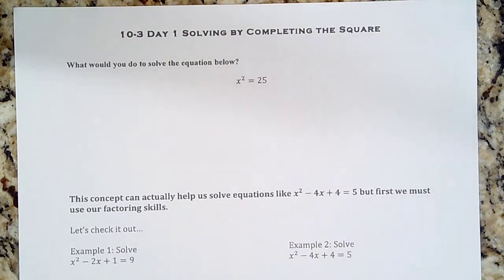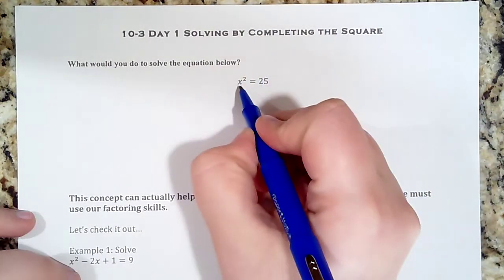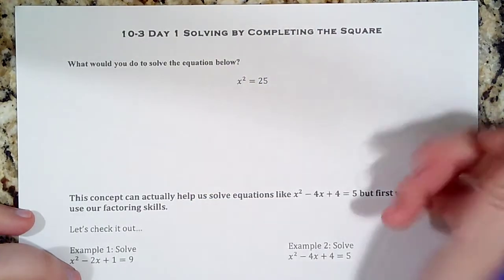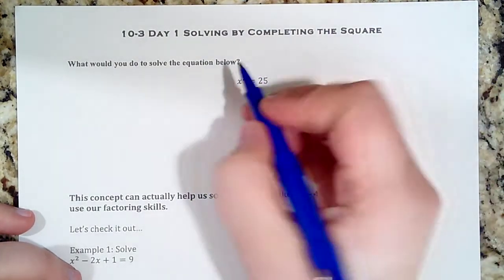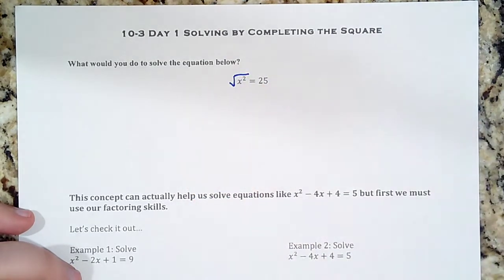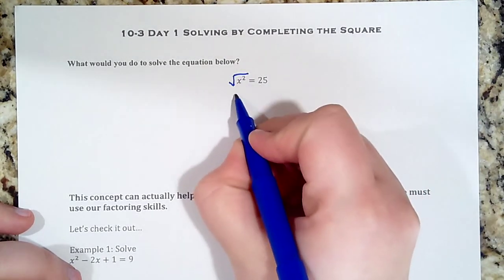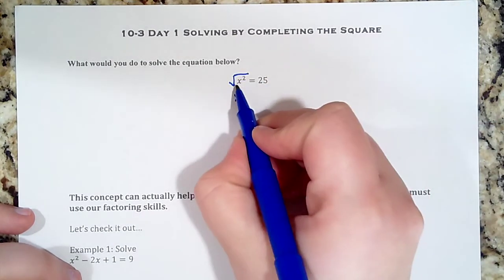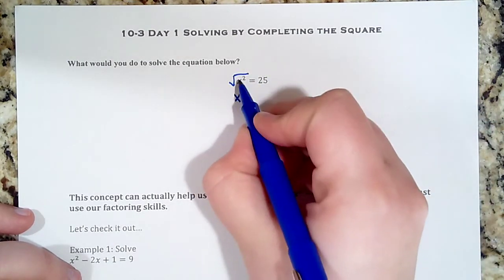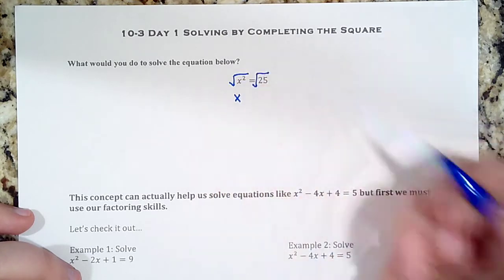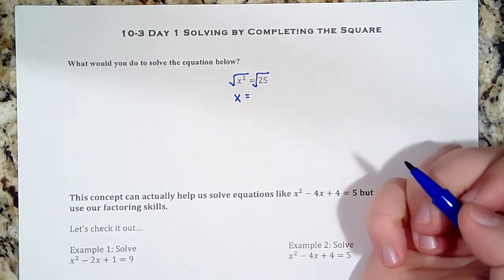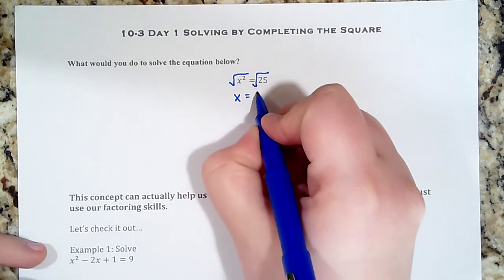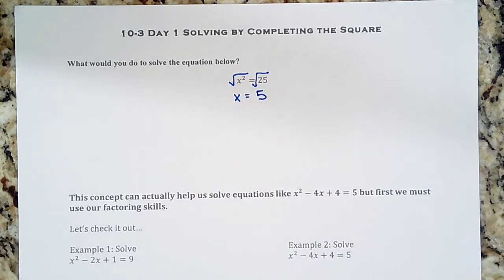So to start out, what would we do in order to solve that equation? Well, we know that the only way to undo a variable squared is to take the square root of that. By taking the square root, it gives us just the variable. But in order to keep it balanced, whatever we do to one side, we have to do to the other. And in doing that, we take the square root of 25, which we know is 5, because 5 times 5